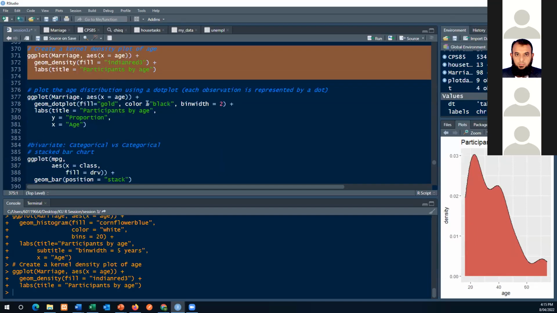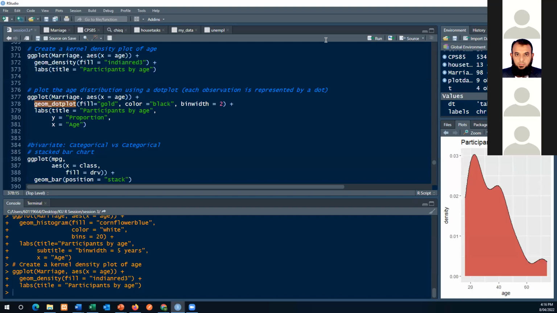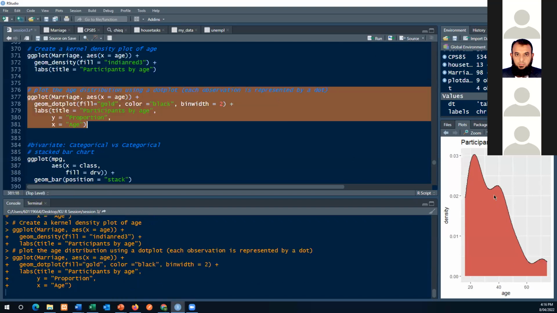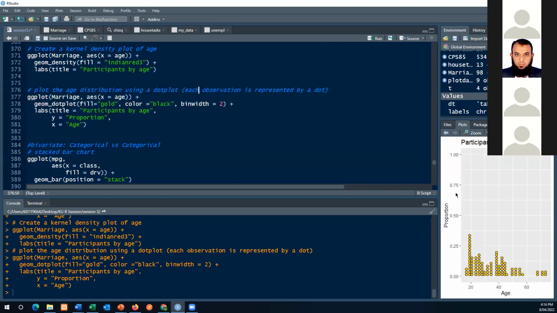The age distribution dot plot. geom_dotplot is actually a different kind of plot, which you use when you want to show the proportion. We plot the age distribution using a dot plot, and each observation is represented by a dot. This is good if you don't have too much data, then we can tell the data. And the bin width is actually telling us